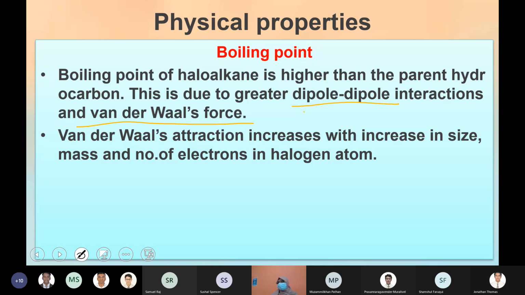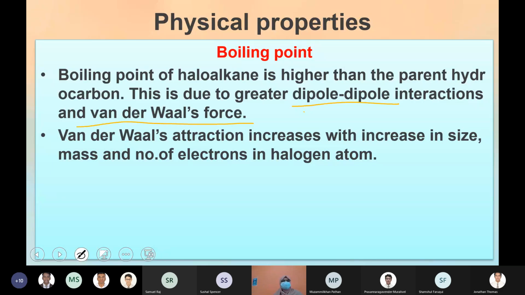So there will be more attraction, meaning you have to supply a lot of energy to vaporize or melt them. So melting and boiling point increases. The stronger the force of attraction between the molecules, the greater the melting and boiling point will be. It's a very simple concept, but most of the time there is one question related to the physical properties of organic compounds. Maybe they will give you different compounds, aldehyde, ketone, carboxylic acid, alkyl halide, and ask you to arrange them in order of melting and boiling point. So you have to learn the physical properties in all the chapters so that you can compare.